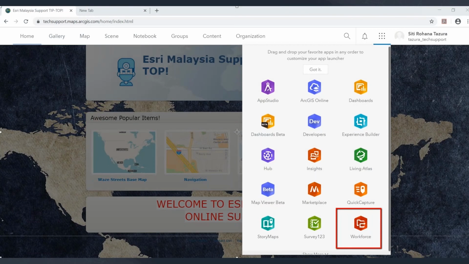Alright, so next I'm going to show a demo on how to create our project in Workforce for ArcGIS. In this example, I will show using ArcGIS Online. In ArcGIS Online, the Workforce app is automatically available. So what we need to do is just log in to the ArcGIS Online organization, go to the app launcher and choose Workforce. It will then bring you to the Workforce web application,